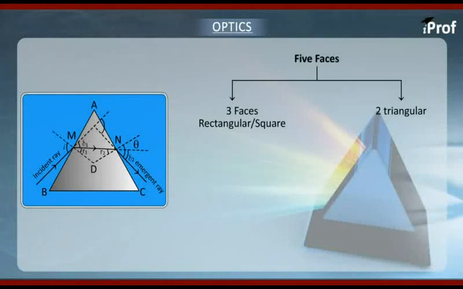So let's consider certain geometrical considerations regarding the triangular prism. The figure is clearly shown on the screen. Let's consider a ray falling on one surface and emerging out from the other surface. The relevant angles are denoted. Angle of incidence, we are representing it by I. Angle of emergence, we are representing it by E. And angle of refraction at these 2 faces, we are representing it by R1 and R2. And as usual, angle of refraction we are denoting